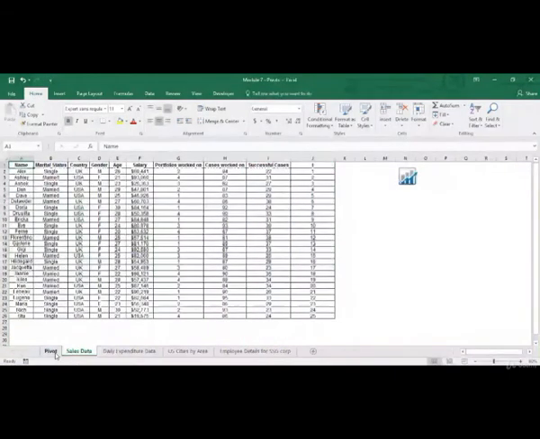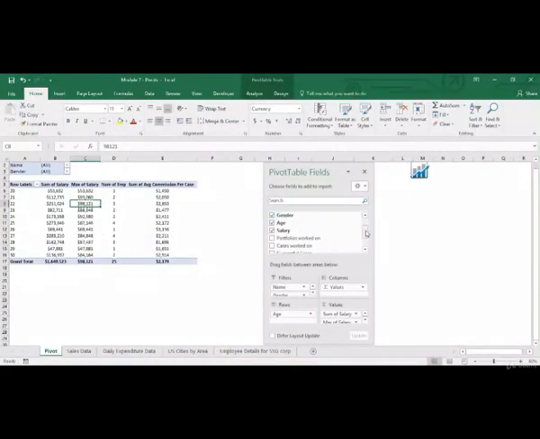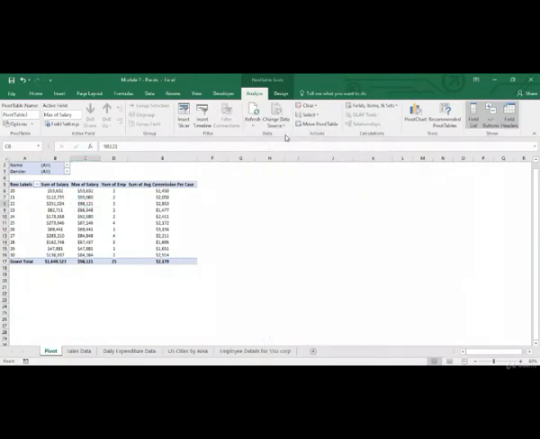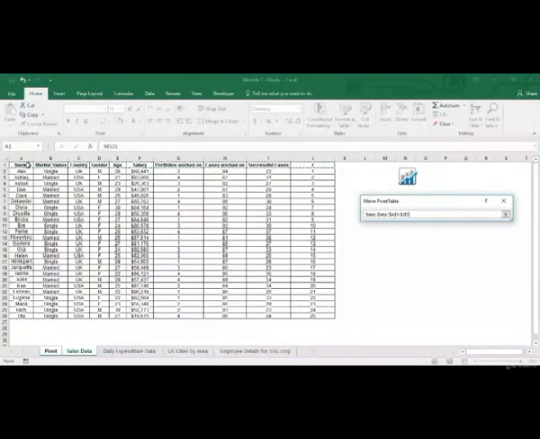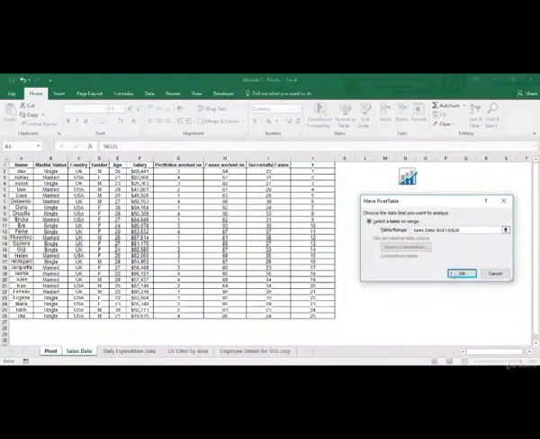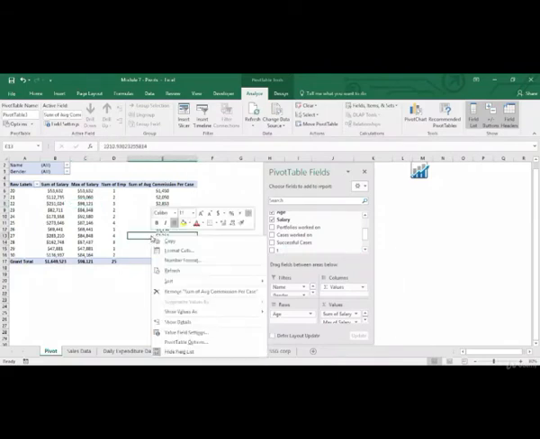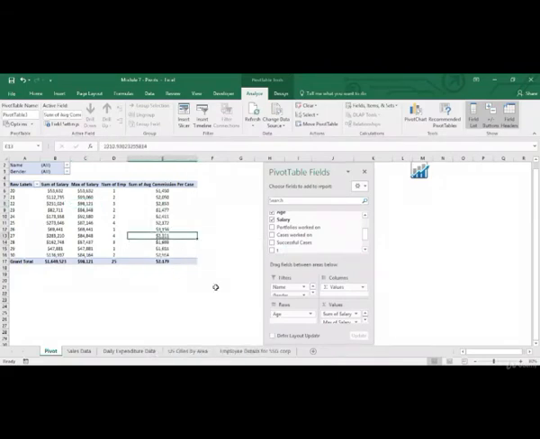Now if I go back to my pivot, this will not at the moment show me the variable t, and that is because I've not told the pivot that the data source has got updated. And for that, I need to go to analyze, click on change data source, and now I'll need to consider the updated data range and click on OK. So now as you can see, t is appearing over here now. I can also click on refresh.